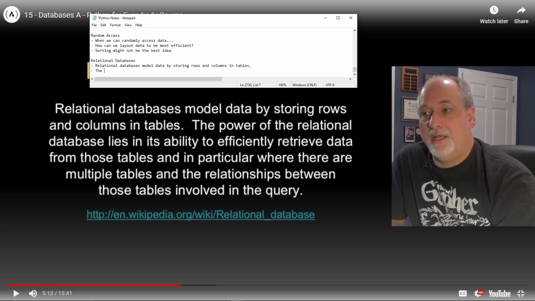Anyway, the power of the relational database lies in its ability to efficiently retrieve data from those tables, and in particular